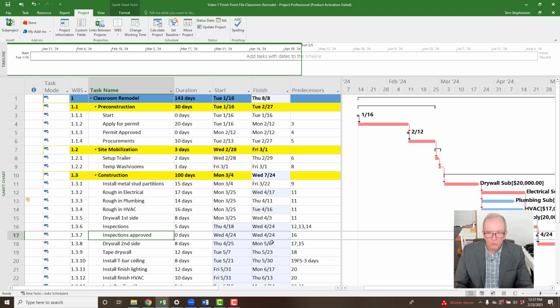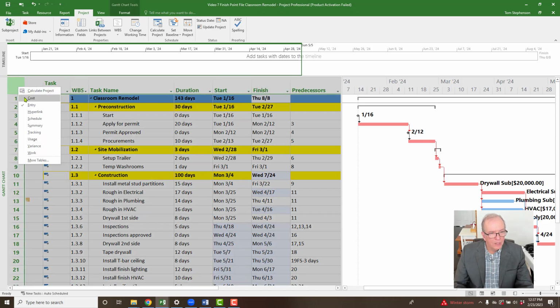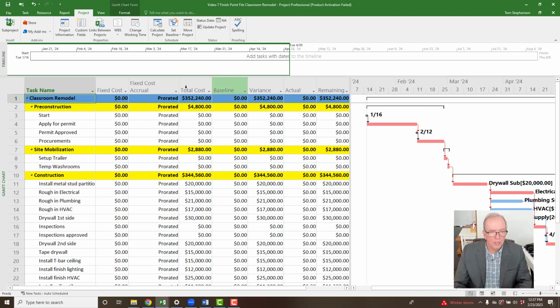Okay, so now we're good with that. And we've got our costs applied. Currently, our costs for this little project is $352,240. So that's what that's showing up as. And so we've applied a whole bunch of costs. This will be important later on when we're updating and we're comparing what did we plan and what is things